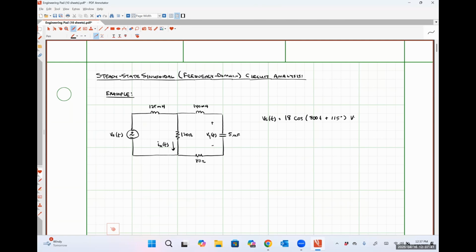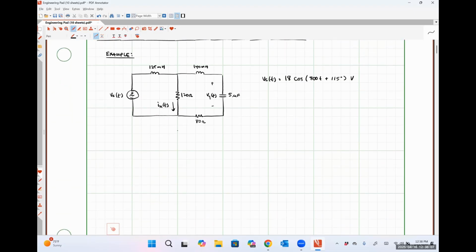So for a circuit like this, our first step should always be to convert this circuit from its time domain representation into its frequency domain representation, meaning that we're going to replace all of our currents and voltages with their phasor equivalent. And then we're going to replace all of our resistors, capacitors, inductors with their impedances. Okay. So in the frequency domain,